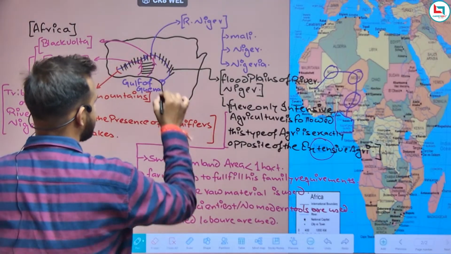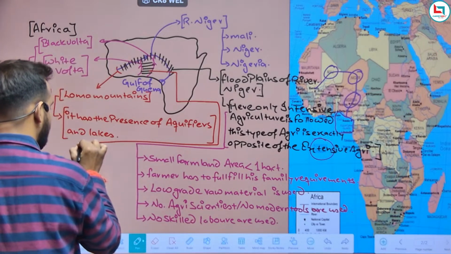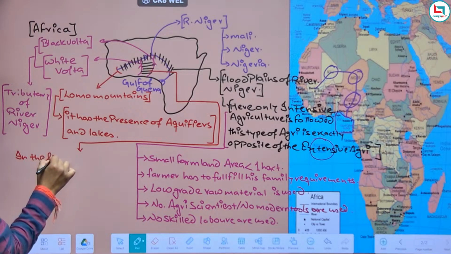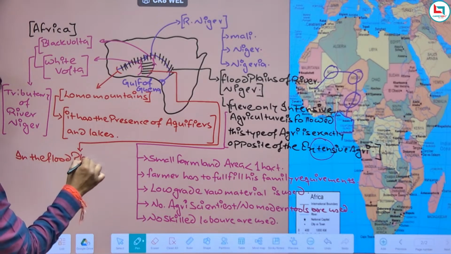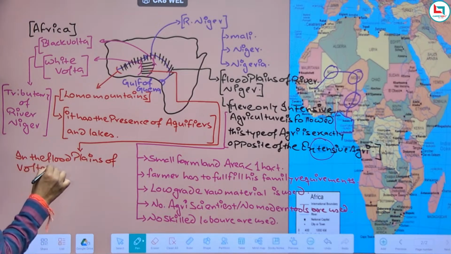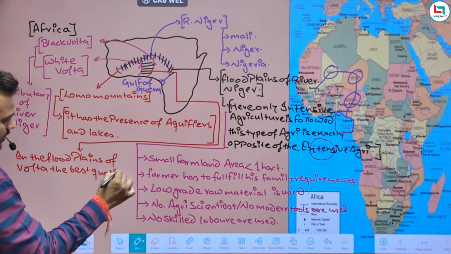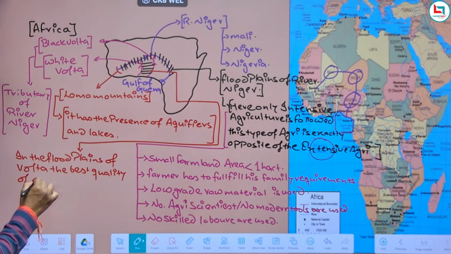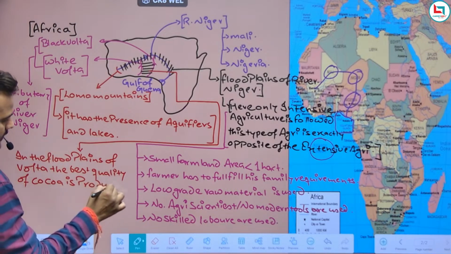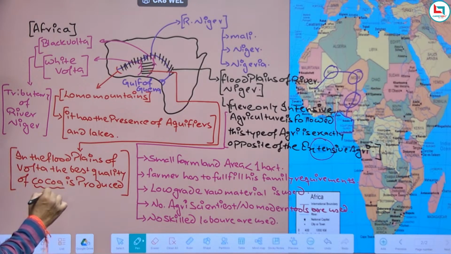Okay, let me write this down here. In the floodplains of Volta, the best quality of cocoa is produced. But you people know that the best quality cocoa is used in the chocolate industry,